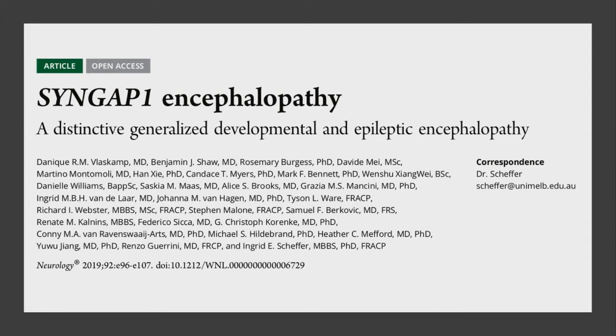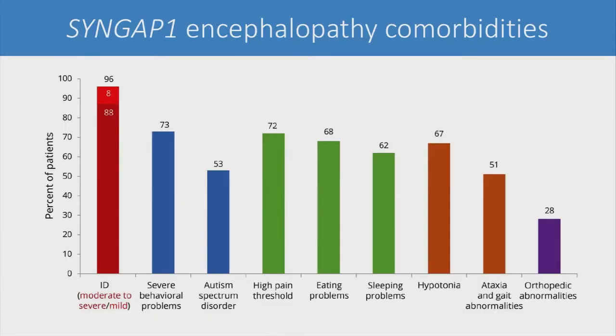So I just raise that to say that if it doesn't match with the presentation of the child and the finding, maybe you're not on the money. And this is just to show you one figure from that paper, but it just shows you that 96% of the children had intellectual disability, most moderate, some moderate to severe, some mild. 73% have behavioural problems and high pain thresholds. So some things were more Syngapian and some things were more